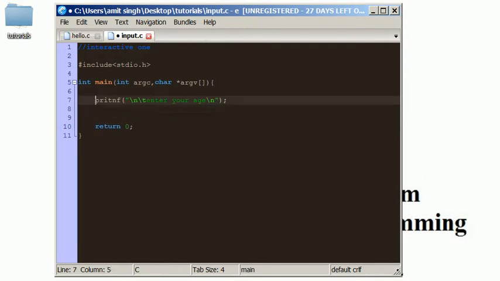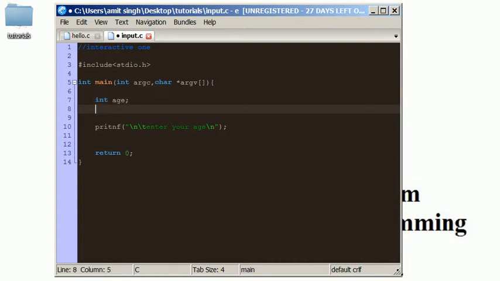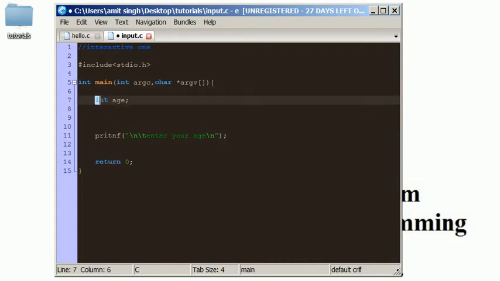Okay, now the user will enter his age, so we need to store his age, and so we are using the integer data type, int age. So what is this int? It is a keyword in C by which we can create integer type variables which can store integer values.